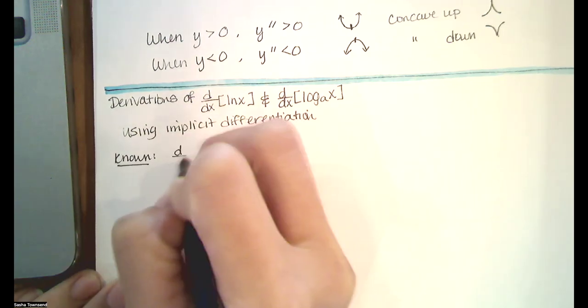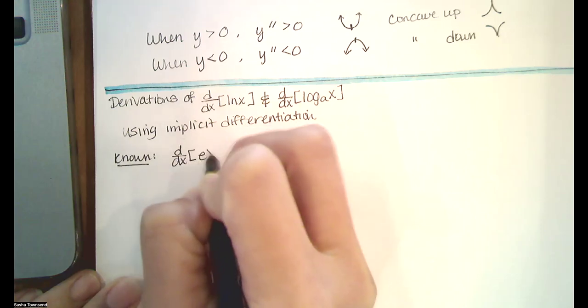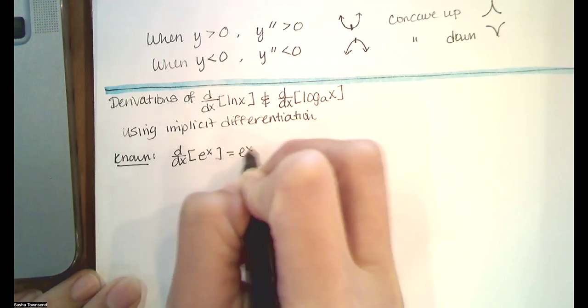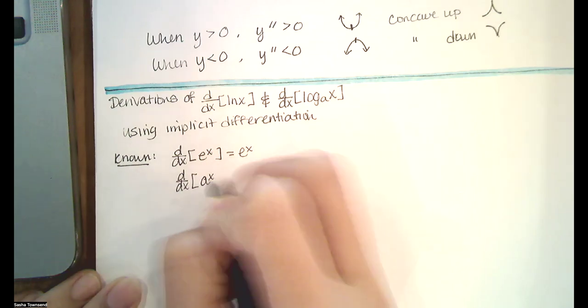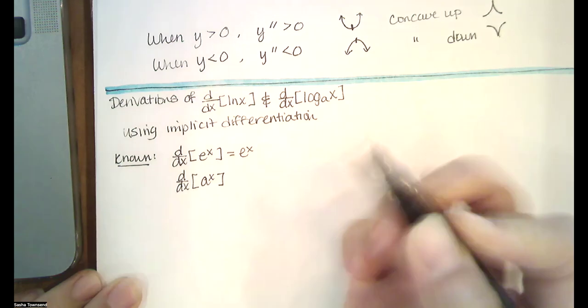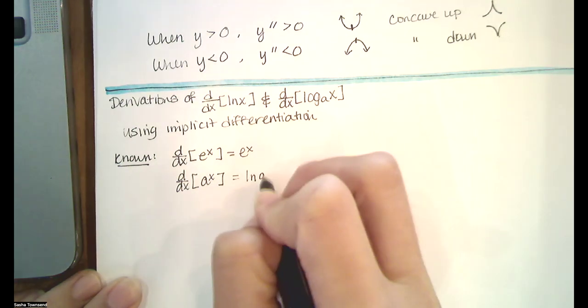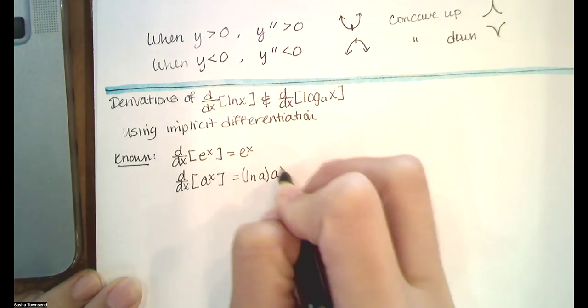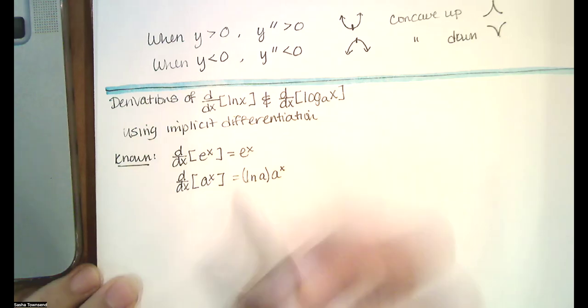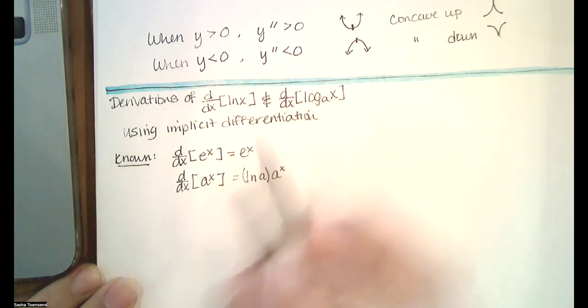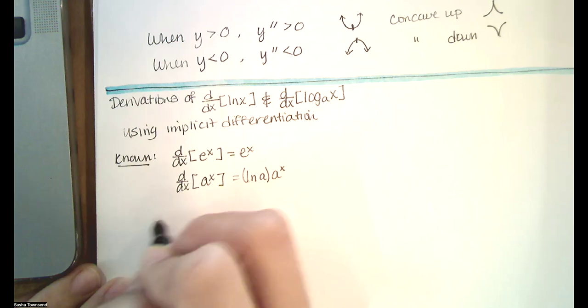We know that the derivative of e to the x is e to the x. And we know that the derivative of a to the x is natural log of a times a to the x. So since we know those and we don't know the derivative of natural log of x yet, we can start